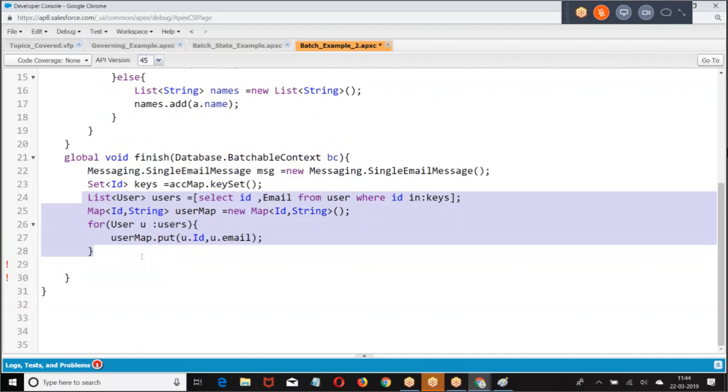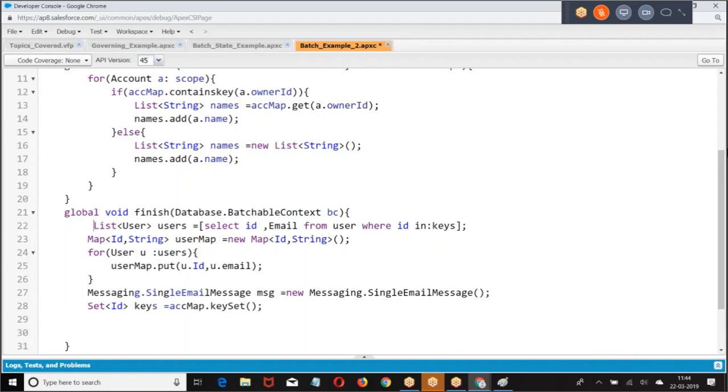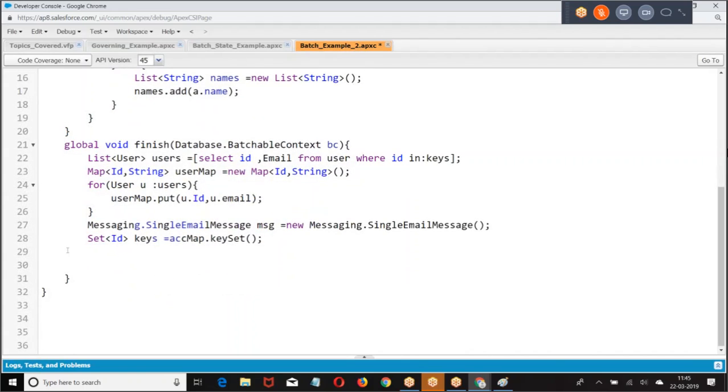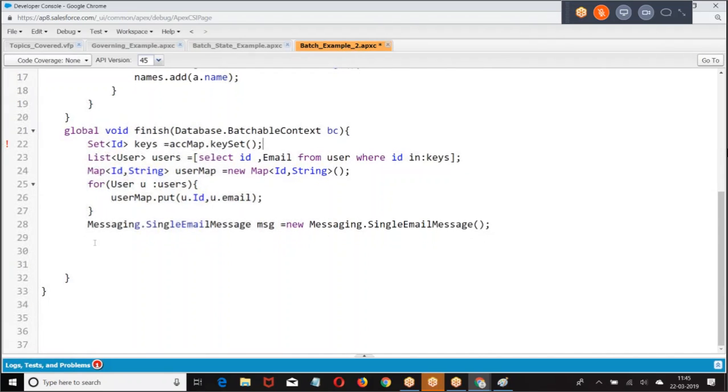Then I first wrote user ID, user mail ID, user ID, user mail ID. Then I'm taking one by one mail, then I'm taking one by one email for